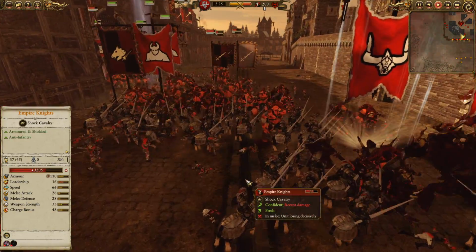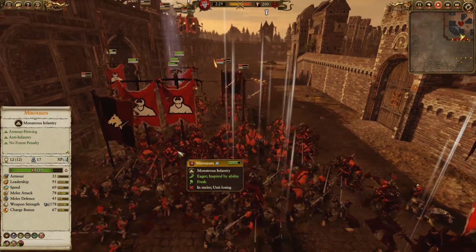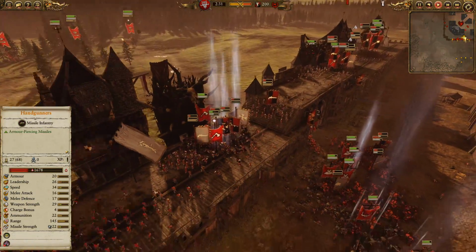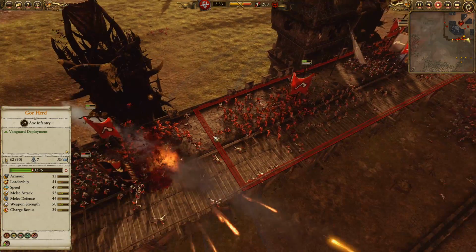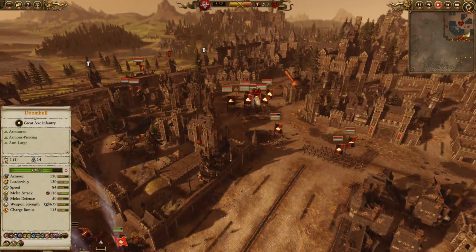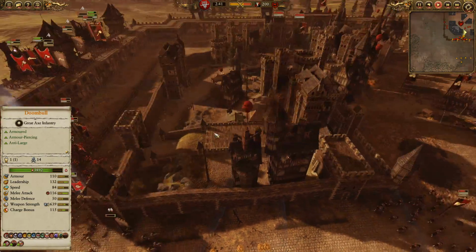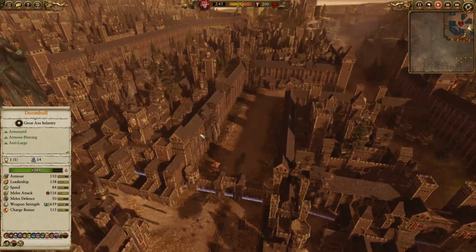But anyway, our Minotaurs are inside the city and hacking their way through the Empire Knights there, no problem, and our Gors are up on the walls, taking a little bit of fire from the rocket launcher, but I don't really care. I think my biggest complaint about the sieges in Total War Warhammer is the fact that they